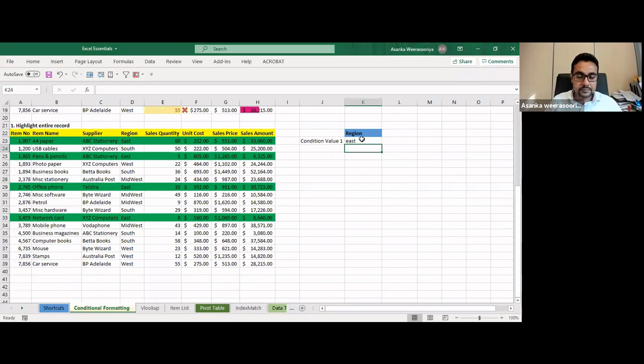It's okay. So it's not only for equal, we can use it for greater than and less than also. For example, here is a new one for you. Now I want to apply this on sales quantity. If the sales quantity is greater than, say, 50, or say greater than 40, I want to highlight that entire row. For that,